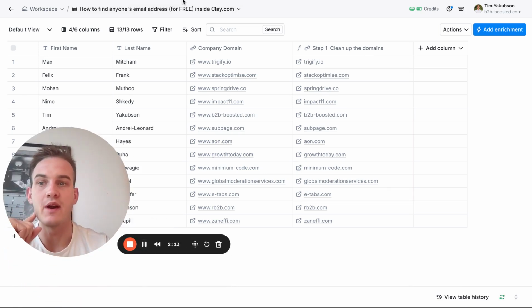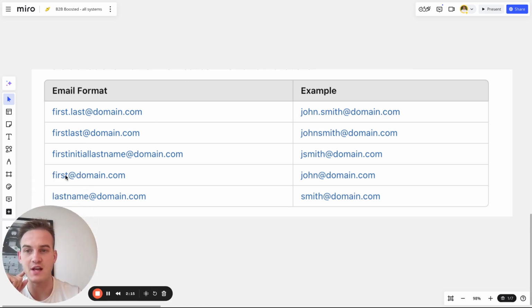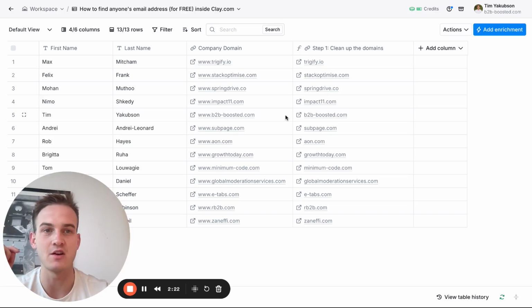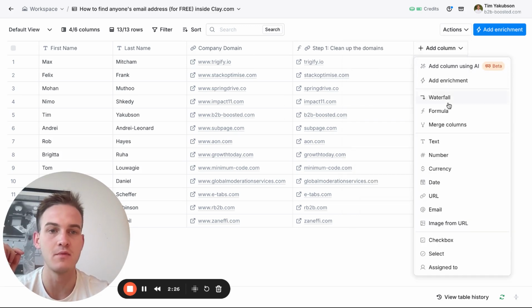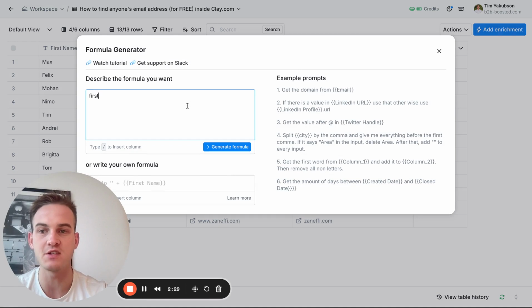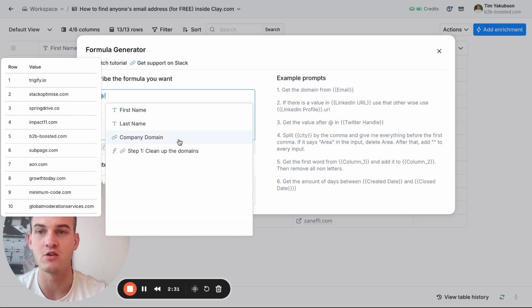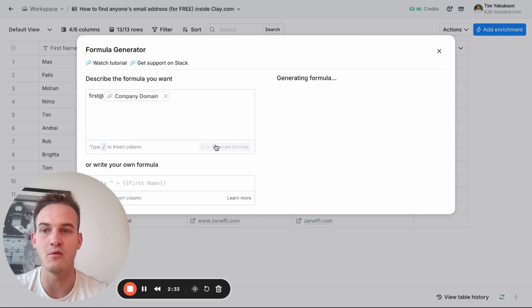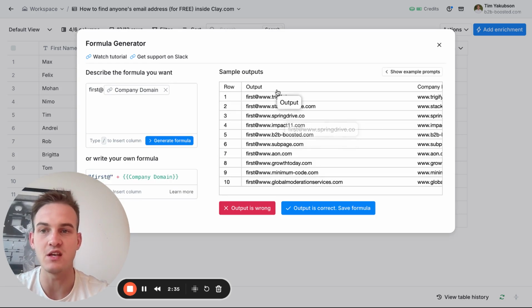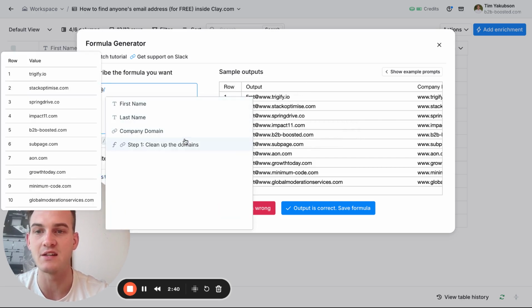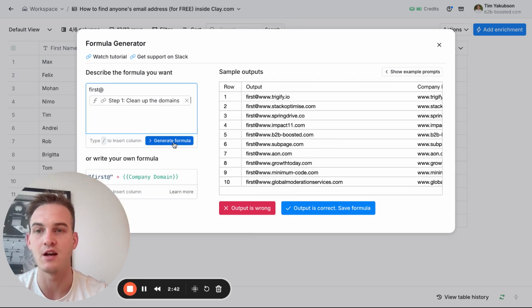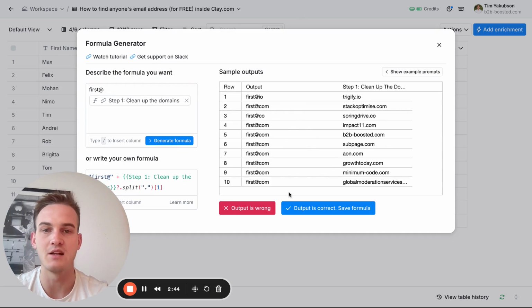For the second step, we're going to try to find first@domain.com. So let's say tim@b2bboosted.com in this case, right? So all we have to do is go back inside of Clay. We click on Actions, we click on Formula, and if you click on Add Column, Formula, we can then put first at /domain and click on Generate Formula. At that moment we could see all of this stuff. But obviously, something that we've done wrong here is it should be the clean up the domains column. Click on Generate Formula, and it will be,